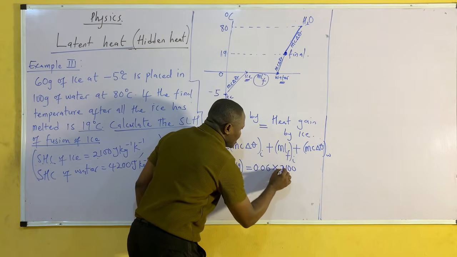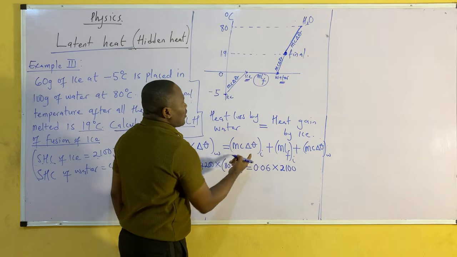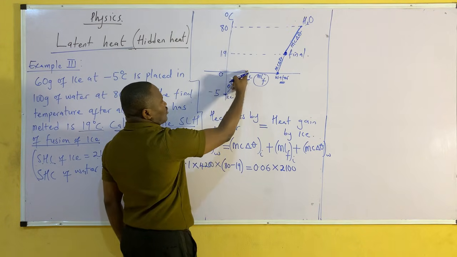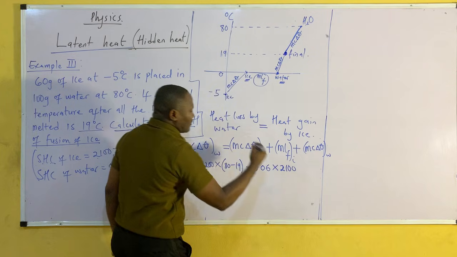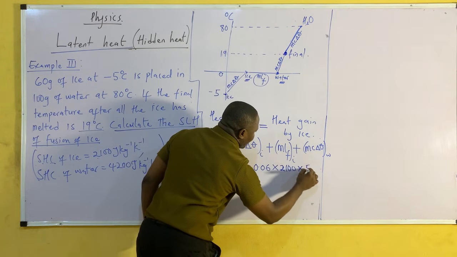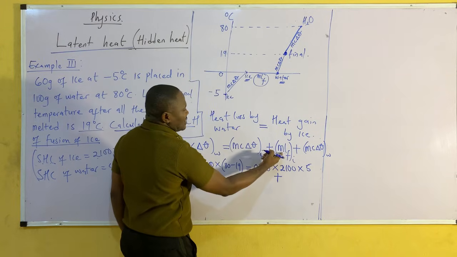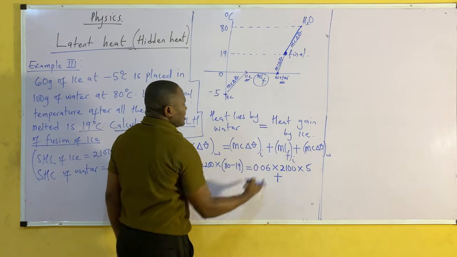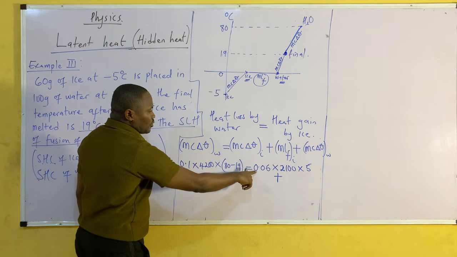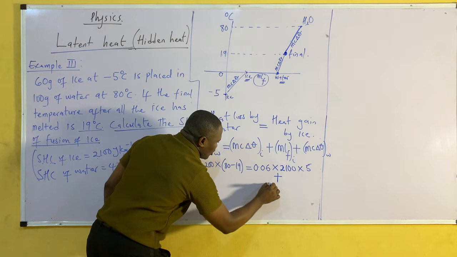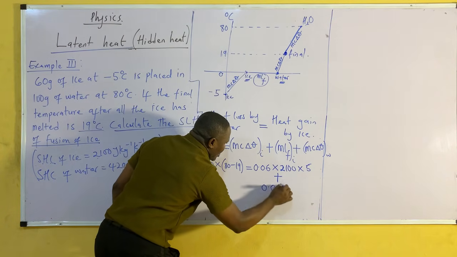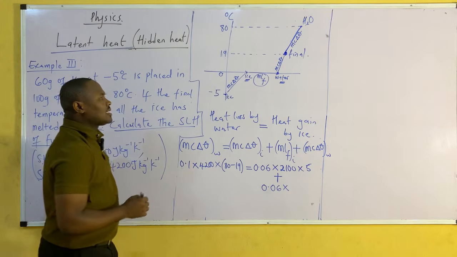Then the change in temperature for ice is from minus 5 to 0, so the difference is 5, times 5. Plus, what are we adding to it? We are not adding this. The mass of ice is still 0.06 kg, times